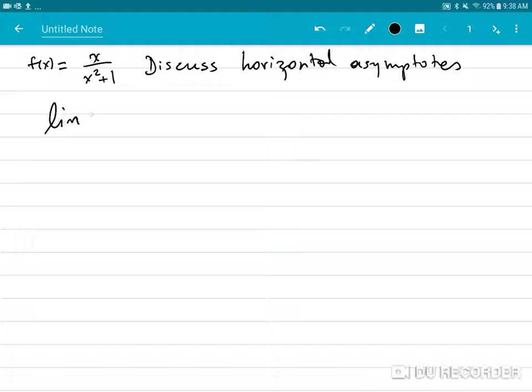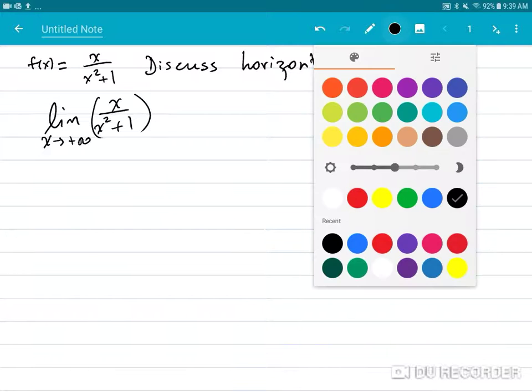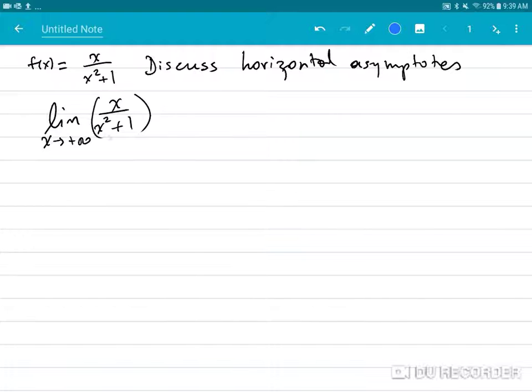So first, we're going to calculate the limit of x over x squared plus 1 as x approaches plus infinity. Well, the denominator has x squared in it, so we will divide the top and the bottom by the highest power of the denominator. So we're going to divide by x squared over x squared. That gives us the limit of x over x squared divided by x squared over x squared plus 1 over x squared as x approaches plus infinity,